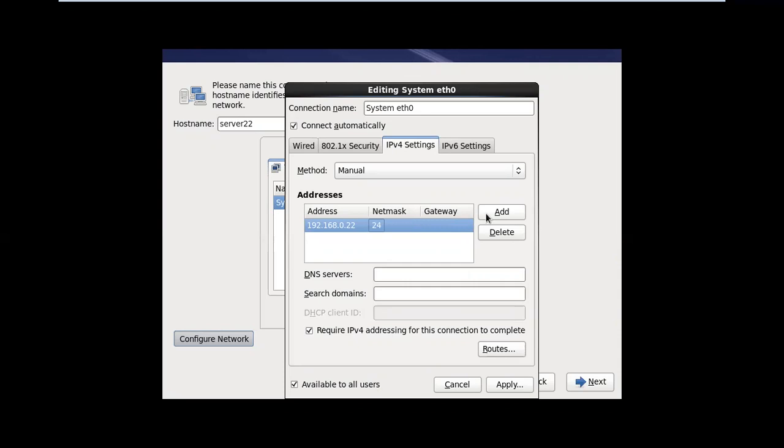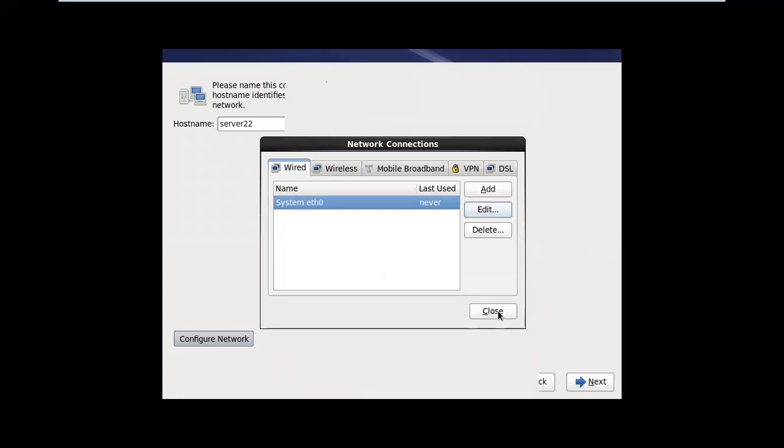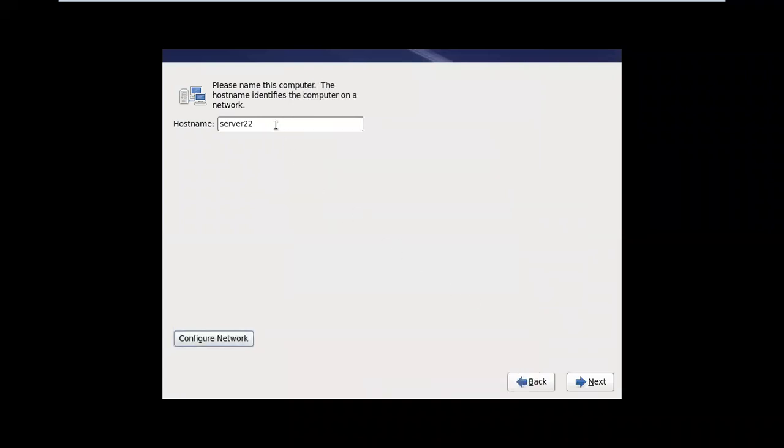I just gave a C class range IP address. Automatically it will take the default subnet mask bits. Click on apply. Click on close. So we gave the computer name and we assigned the IP address. Click next.